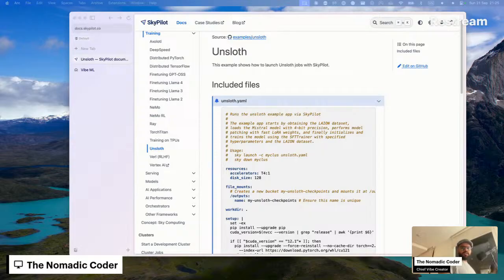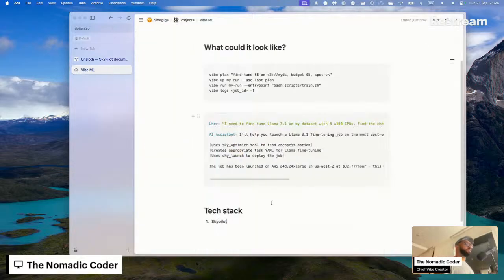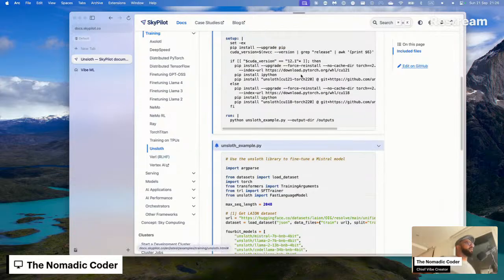Okay, so that being said, let's see how to do this. Let me just take this link and put this example from SkyPilot in. I'm trying to create something super highly constrained, right?